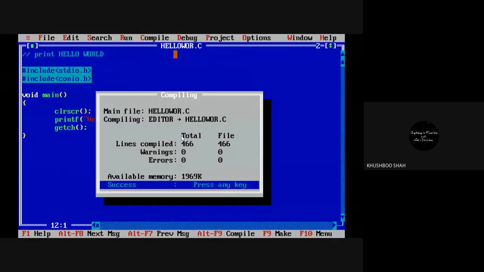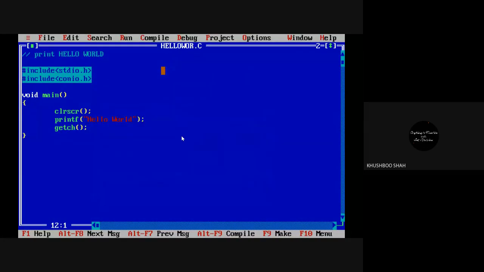Okay, so we have 0 errors. Perfect. It means there is no syntax error in my program. The meaning of compiling is that I'm checking for syntax errors. What is syntax? That also we will learn. Right now, just watch and get familiar with new words. That's it. So this is how to compile the program.